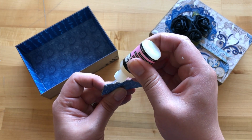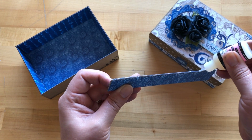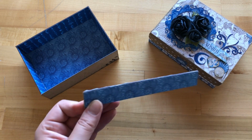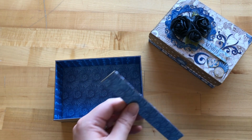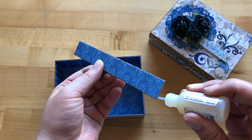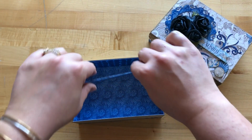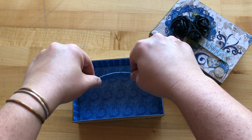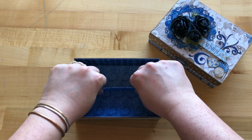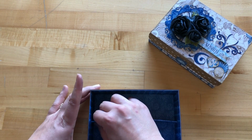So now I'm just going to add a bit of adhesive. Now it's coming out much better. Still spilled some on the side. To the bottom of our chipboard piece. We'll just clean up that edge a little bit. As well as to our sides. And now when I'm putting this in, I'm just going to kind of curve it so it's not going in completely straight at this moment. So once I find my placement right in the center, I can straighten it out how I want it, making sure